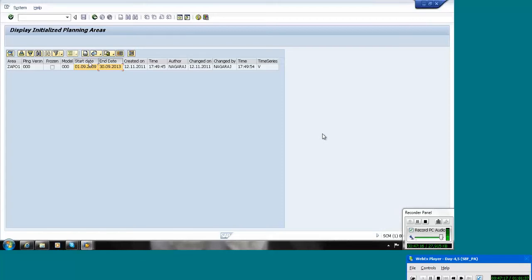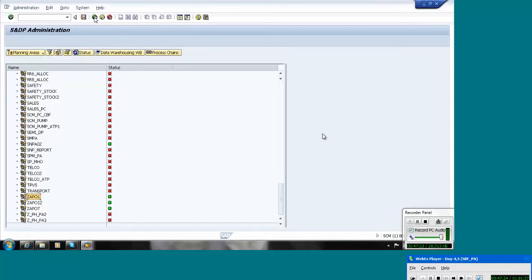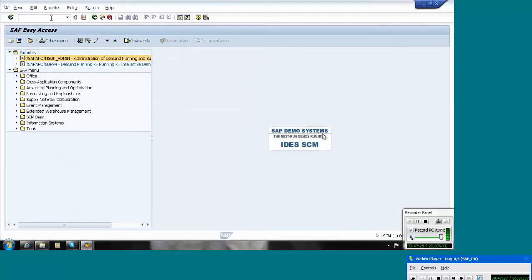So dynamically every month this date should be changed. So for that we need one program. Okay. So every month it has to be changed. Yeah, every month it will take 24 months past, 24 months future dynamically. So by scheduling one job in the background, every month beginning it will change automatically, so that at any point of time you can see 24 months past and 24 months future data. Okay. Yeah. That is clear. So for that we have a program. Go to the SE template.